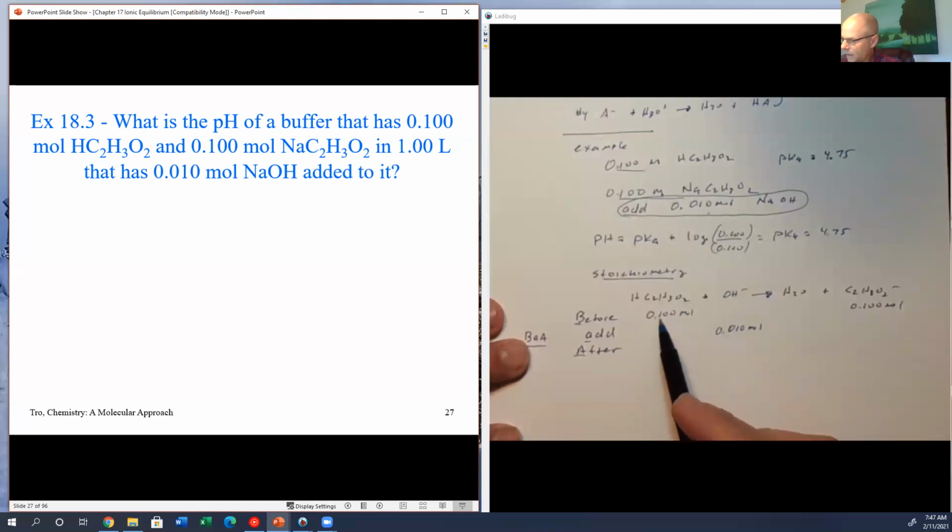Well, we know that 0.01 moles of this is going to react with 0.01 moles of that, right? So that leaves us 0.090 moles of acetic acid,